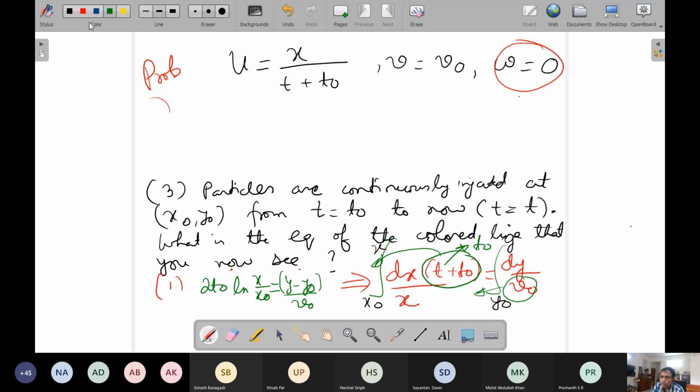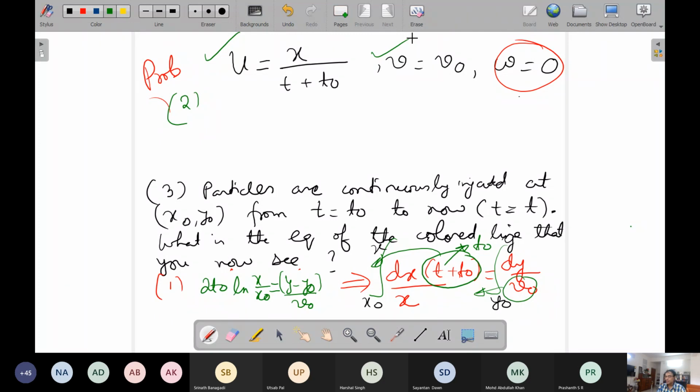So question number 2, if we solve, I just freed some space, but if you recall, it is simply the locus of a particle which passed through x equal to x0 and y equal to y0 at time equal to t0. So it's a Lagrangian description. So as per this, this description is Eulerian description. So question number 2 is actually a mathematical transformation from Eulerian to Lagrangian.